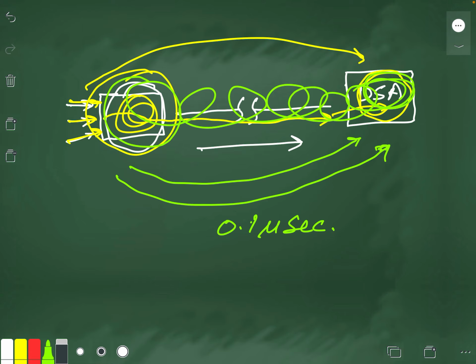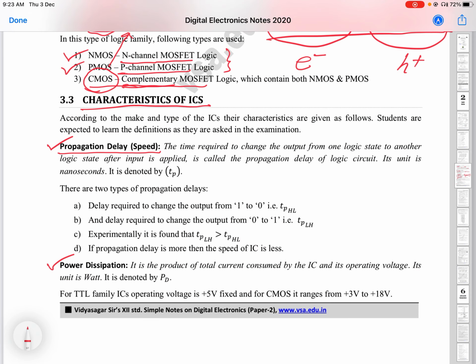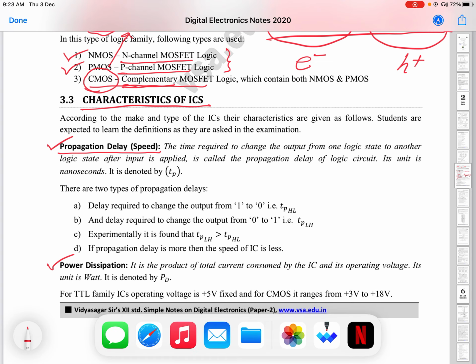You must have observed this, that whenever you speak on your mobile, at the same time the called party also speaks, and there is some kind of confusion. This confusion is particularly because of the propagation delay. So this propagation delay always exists, and there are two types of propagation delays actually.